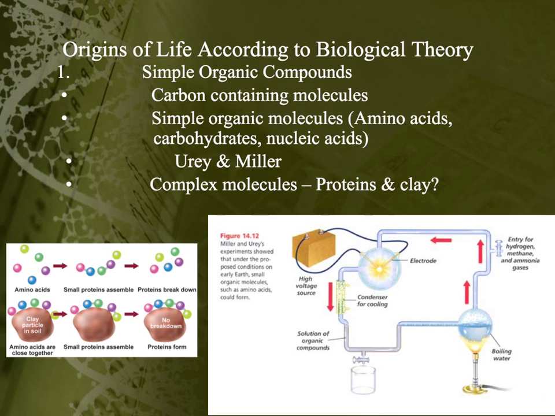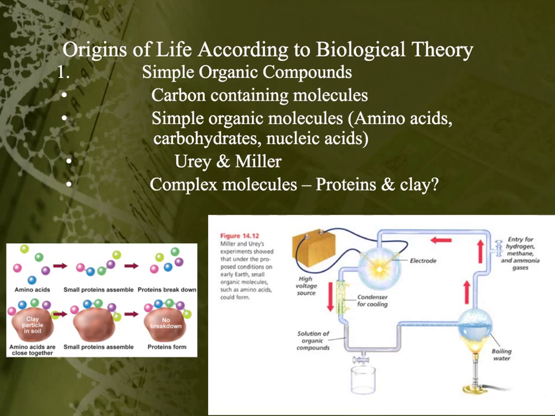And if you look at the diagram in the lower right hand corner there, you can see how they had a high voltage source and attached it to electrodes, and that would have had all those chemicals I talked about. Methane, which is carbon and hydrogen. Ammonia, which is nitrogen and hydrogen. Remember, nitrogen is very important for amino acids and proteins. There would have been carbon dioxide there, again having carbon and oxygen, found in all organic molecules, and then water, also hydrogen and oxygen, found in all organic molecules.